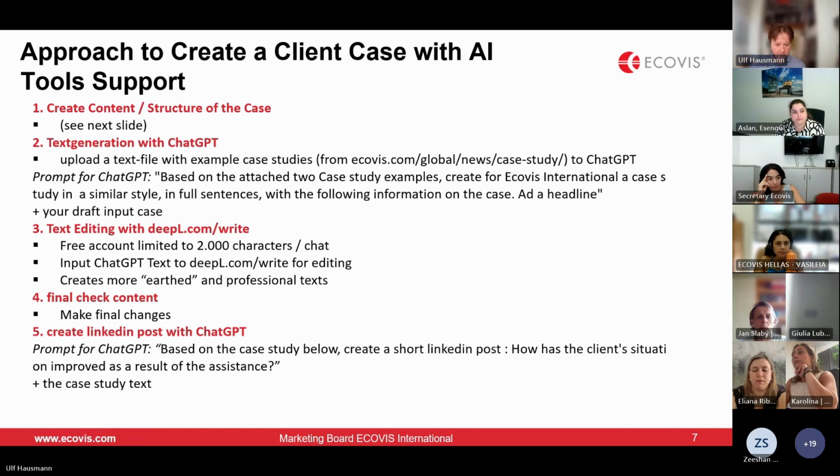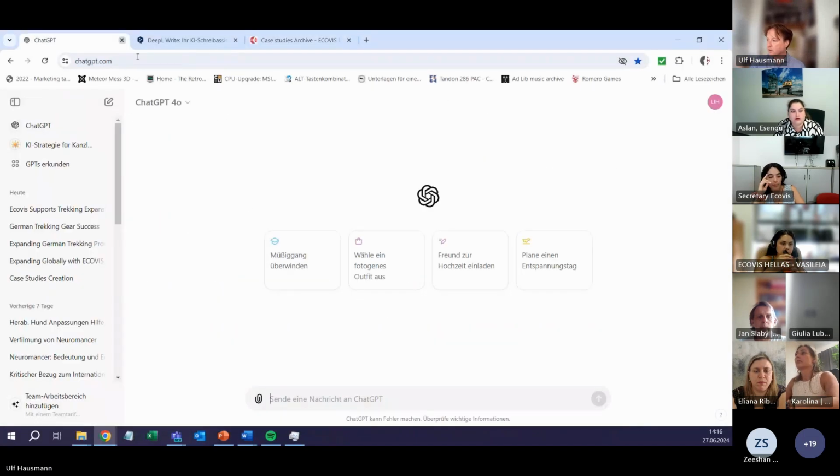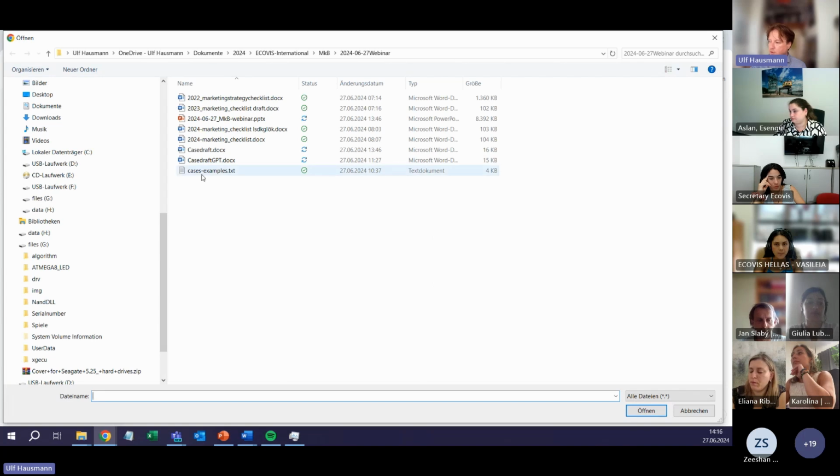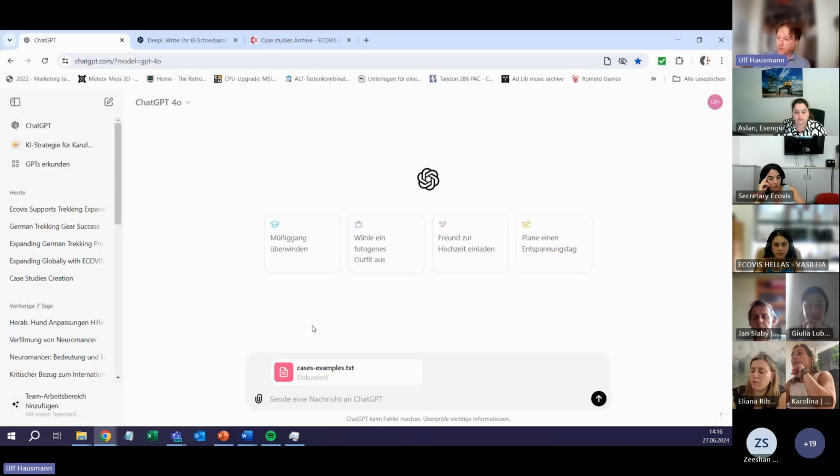And for this, we make two things, actually three things. So I am using ChatGPT 4.0 here, but you could also do this with 4. And this is just the different versions, and you can try out which one puts out the better text for you. And what is important, I have created a text file where I have put 2 examples from the